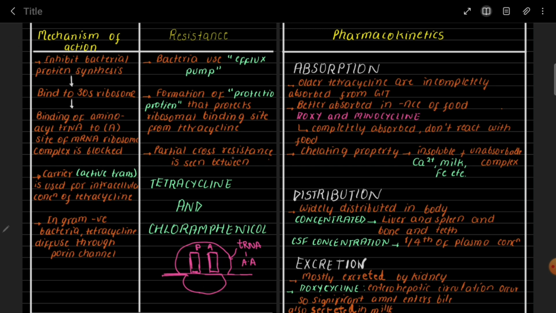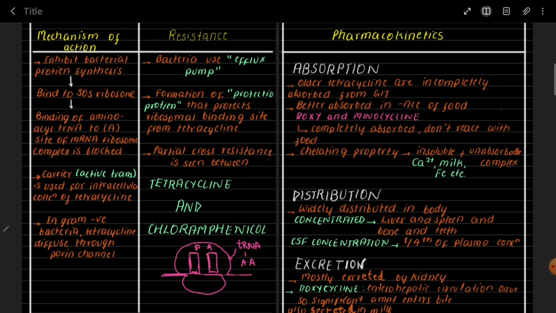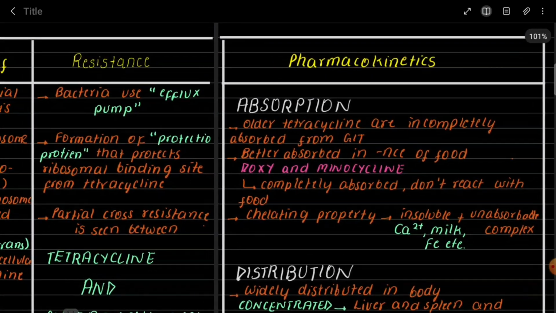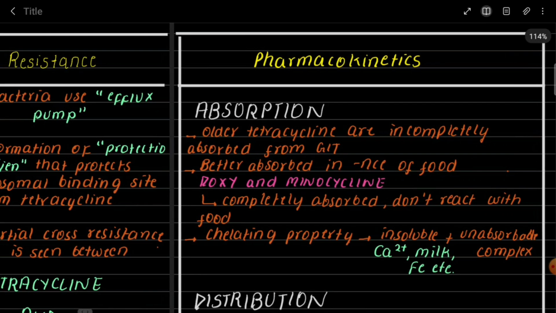Now, partial cross resistance has been seen between tetracyclines and chloramphenicol. This means that if a bacterium is resistant to tetracycline, it will also be resistant to chloramphenicol. Let us look at the pharmacokinetics of tetracyclines now. Pharmacokinetics is studied under the 4 headings: absorption, distribution, metabolism, and excretion. So starting with absorption,